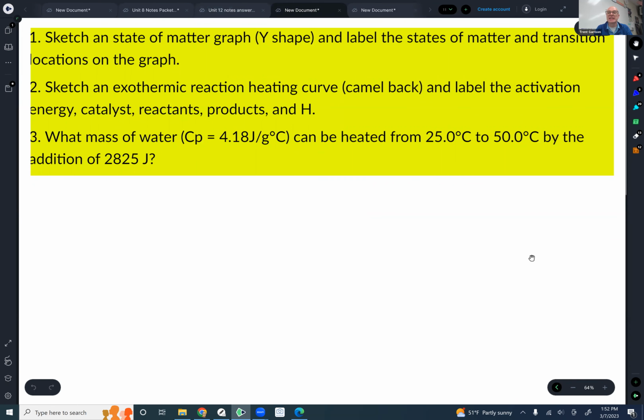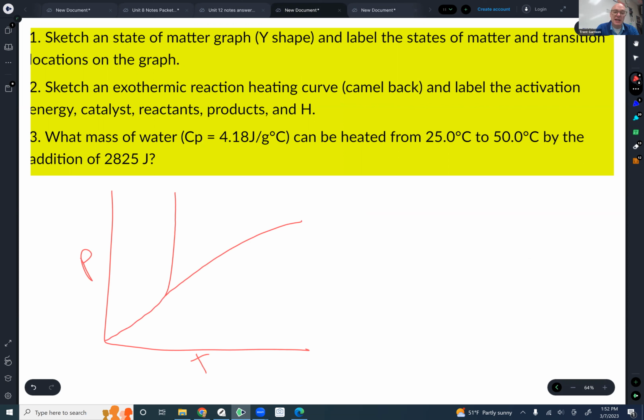First question. It's asking us to draw the Y-shaped graph. So this is the state of matter. So I will resketch this for you. You can go back to your notes. It's pretty simple. So we would have pressure, and we would have temperature. Out of the origin come these lines, and then we label them with solid, liquid, and gas in this clockwise